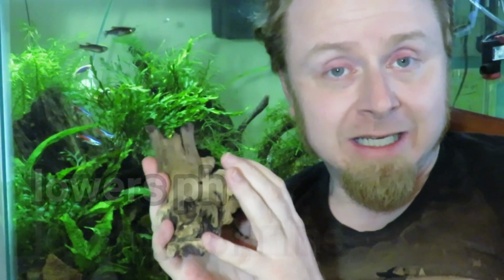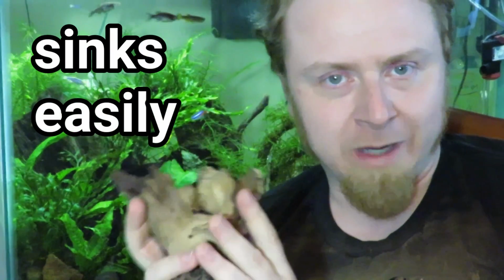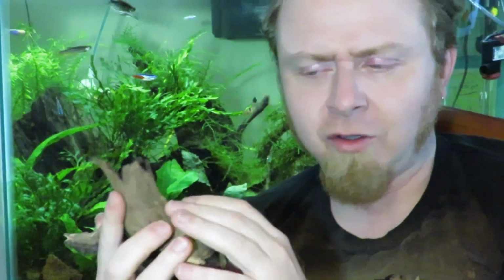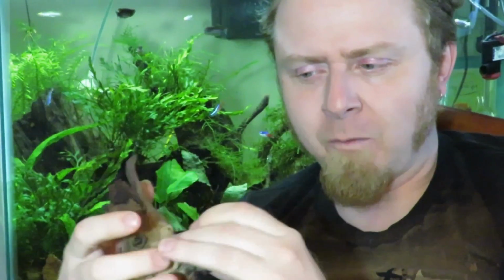So again, if you want to get rid of those tannins, then definitely bog this in a bucket for sometimes weeks or months, or boil it to leach as many of those tannins out as you can. The thing that I like again about Mopani is it's quite heavy, sinks very readily. You rarely have to tie this down or weight this down, but it's got a really nice sort of multicolored look about it. Usually the bottom, or what I usually consider the bottom anyways, is a dark, much more gnarled and burled look about it, where the other side is usually a little bit more